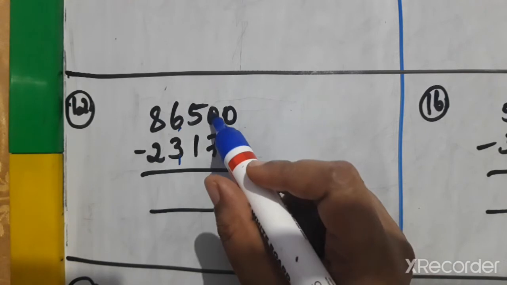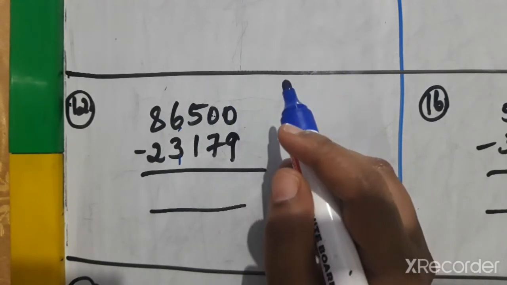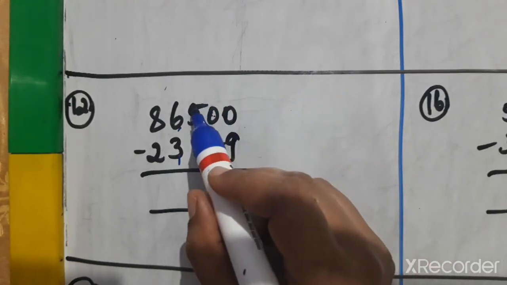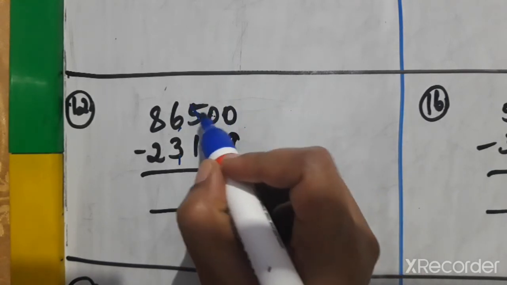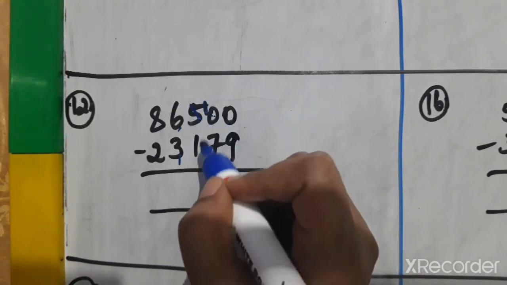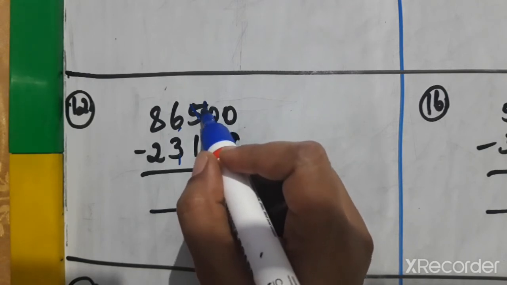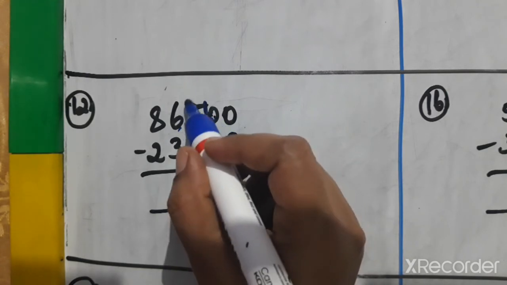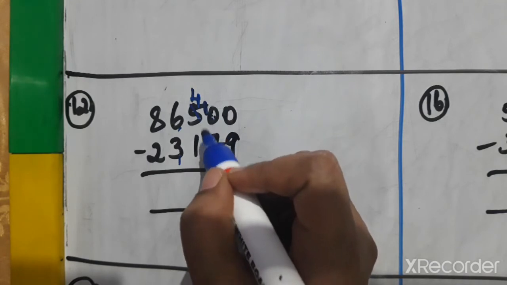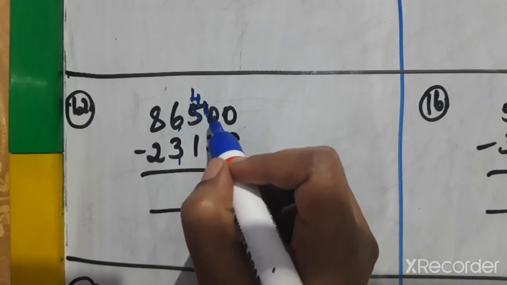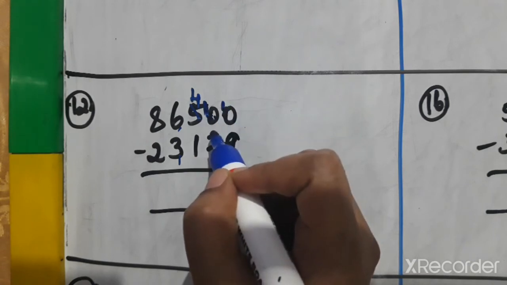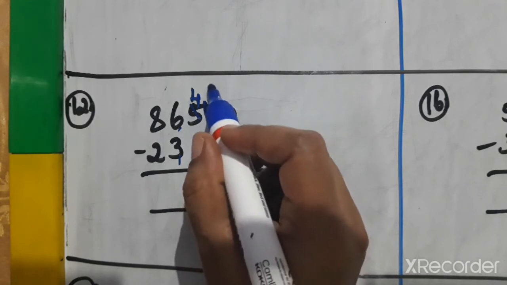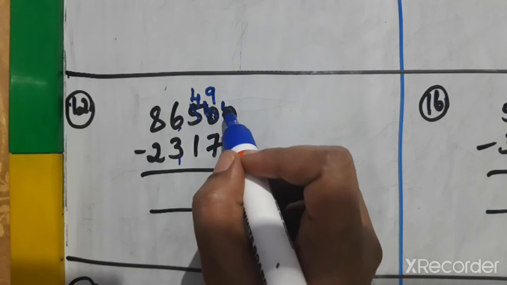Knock next door. So here also our friend has only 0 rupees, no money. So knock next door. Here the next friend has 5 rupees. So this friend will help here. So it becomes 10 now. 0 is now together 10, and 5 is now 4 because he gave 1 to his friend. And out of this 10, he will give 1 to the next friend. So here 10 will become now 9 because he gave 1 to his friend.